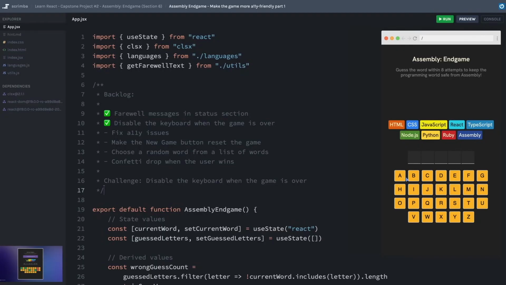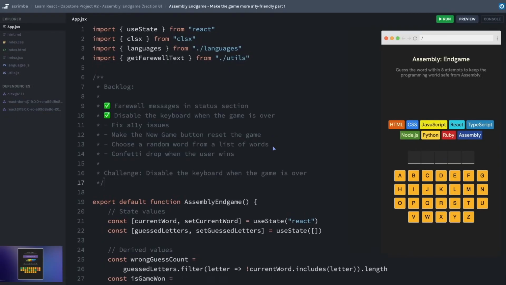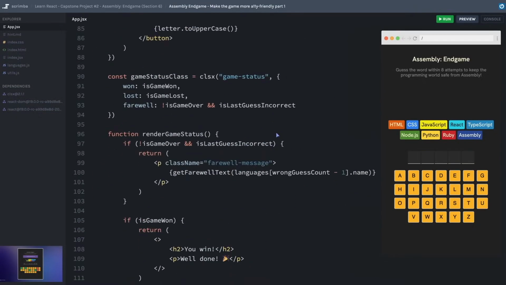However, when we're working in React and we're dynamically rendering or removing things from the page, it's still really important for us to keep in mind what is changing and what might be difficult for assistive technologies to keep up with if we don't specifically cater our code to those needs. The thing that got me thinking about how we need to disable the keyboard when the game is over is that we want to also tell assistive technologies that those keys are disabled. There are some screen readers that will announce when a button is disabled, but some of them don't. And so we can add a dedicated ARIA disabled property.